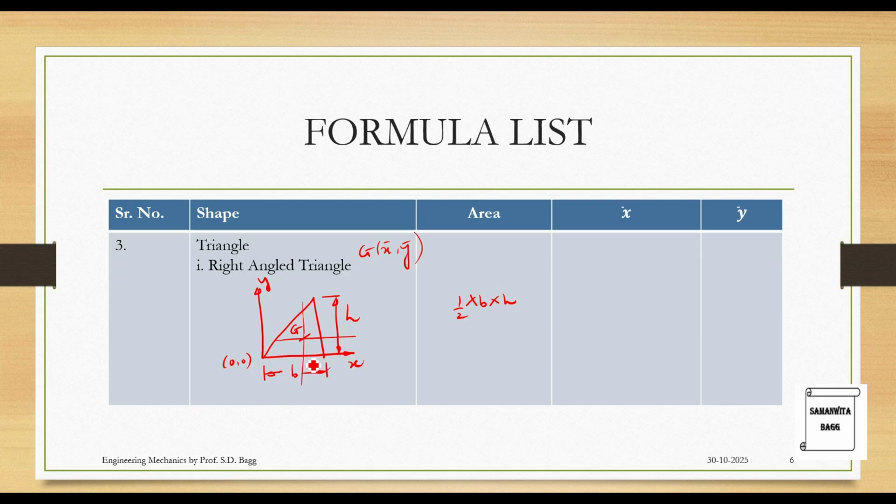So if this gap over here is b by 3, what will be this distance, because we have to reach from this point to this point. So we have to see this distance and this distance. The height is anyways going to be h by 3. So y bar is h by 3. That is not a problem. Once you reach here, the height is h by 3. But you have to reach this distance. You don't have to travel this distance. But we know this distance. It is b by 3. So this from origin is nothing but 2b by 3. Because 2b by 3 plus b by 3 adds up to b.